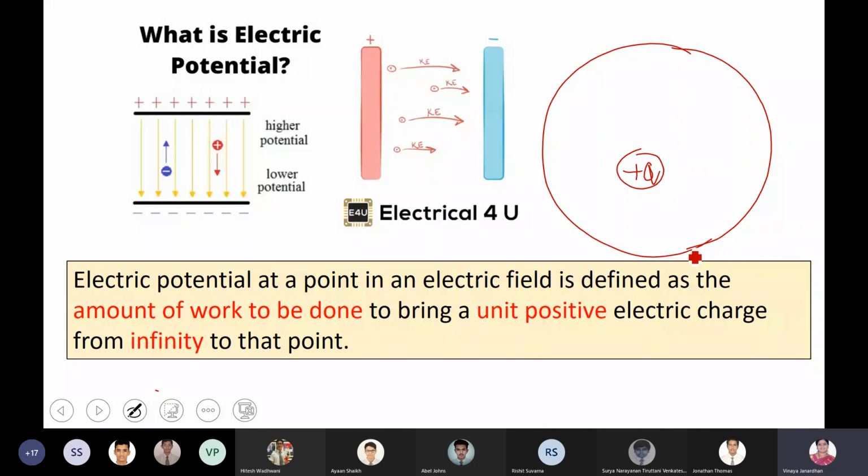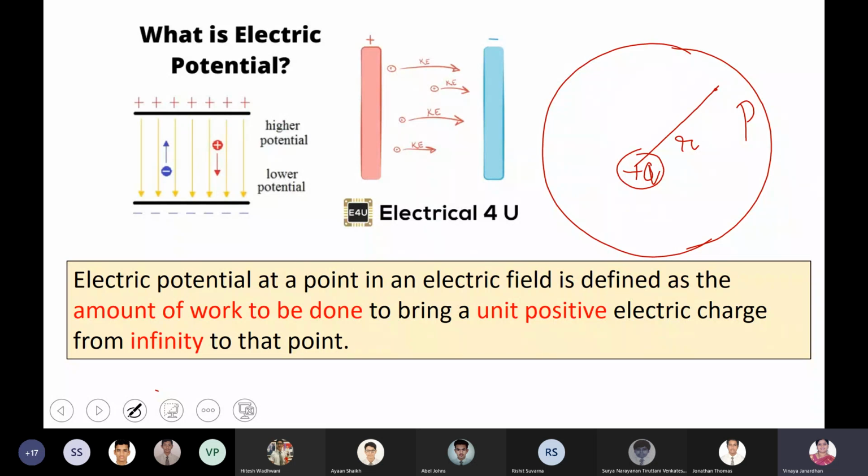Now, in this electric field, say at point P, which is at a distance R, I want to find the electric potential, because if I have two different charged bodies, if charges have to flow from one body to the other body, then one body should be at a higher potential, the other body should be at low potential. So you are defining the potential. Now I have a charged body of plus Q coulomb. It creates an electric field. Now at this point P, which is at the distance of R, if I want to find the electric potential, then what should I do? Think what you have done in grade 11 gravitation.